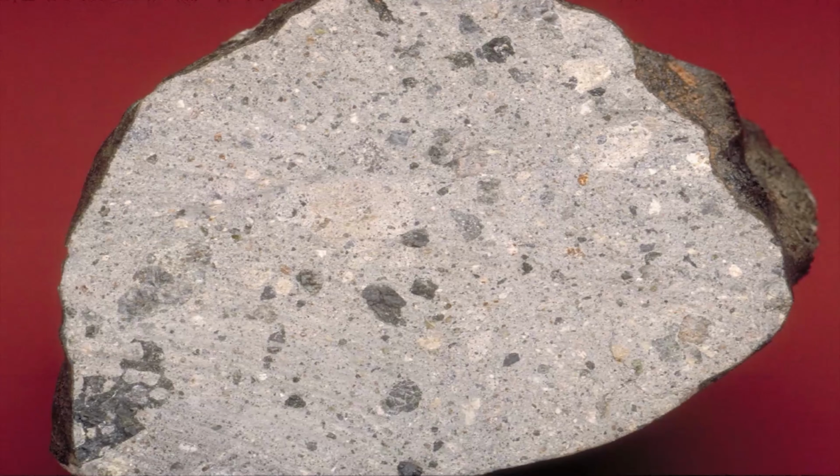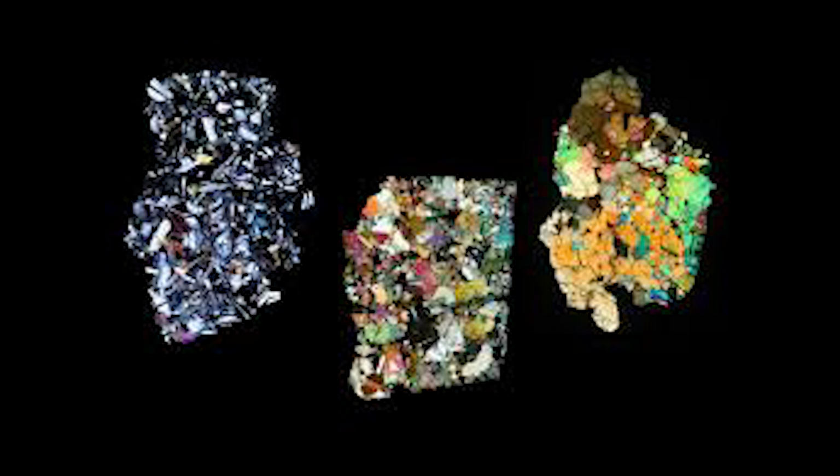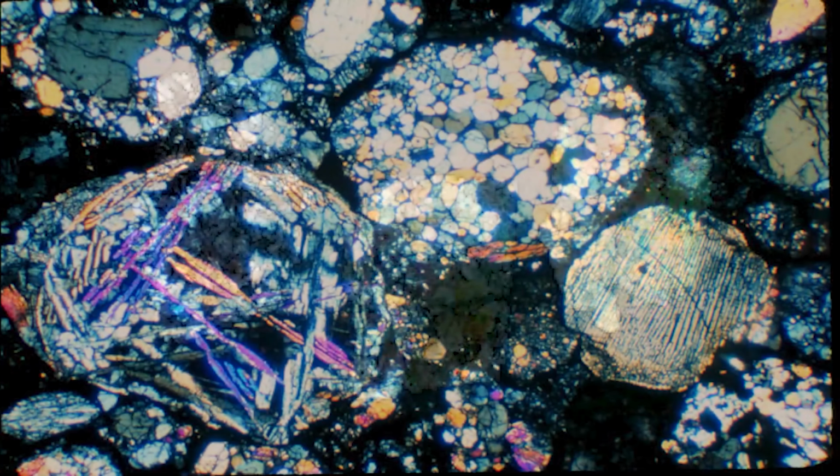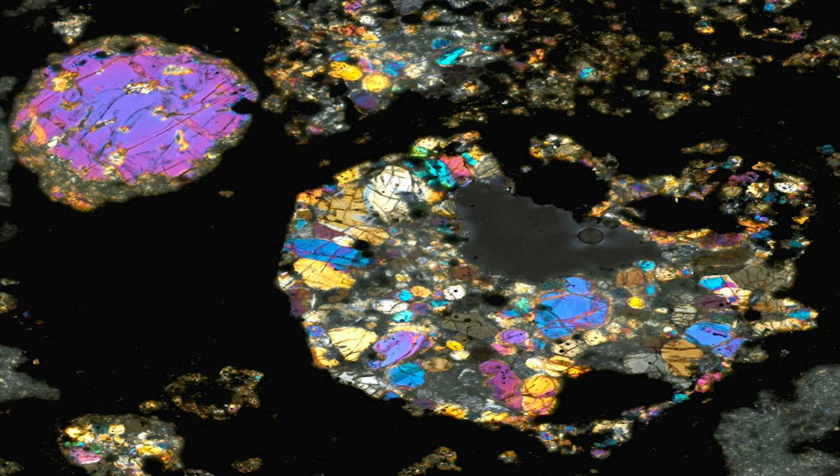This is very handy, as we haven't needed a sample return mission to be able to study samples of Vesta, because Vesta has delivered some right to our front door. Their structure and composition reveal some clues about how Vesta was formed, and the Dawn mission attempted to broaden that understanding. From a combination of all the data collected, it has been revealed that Vesta is very unique in our solar system. It is the only remaining rocky protoplanet, or in other words,